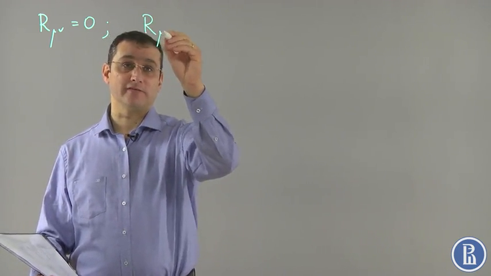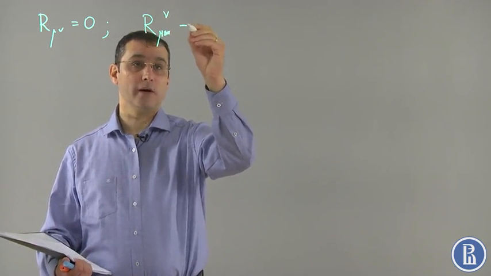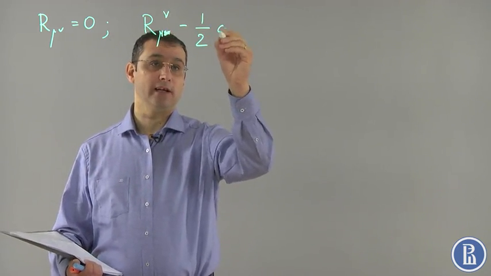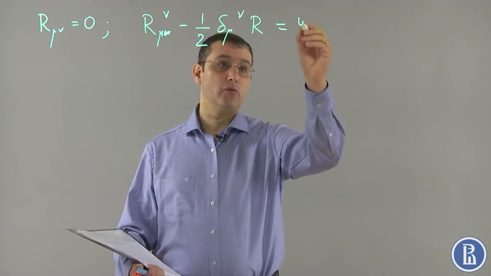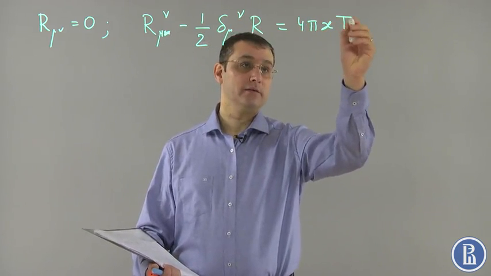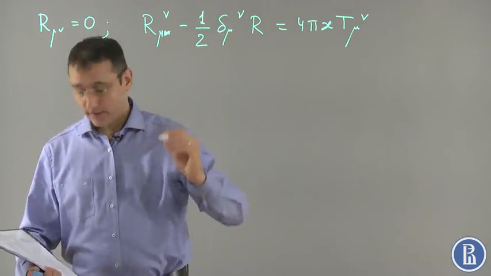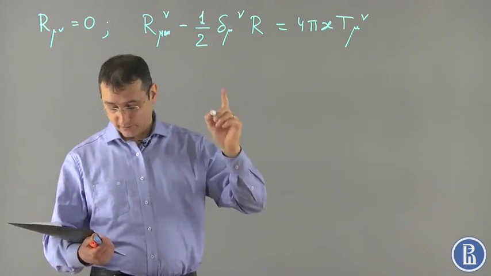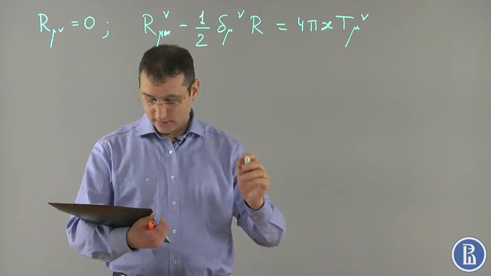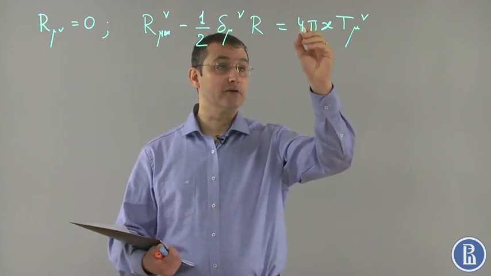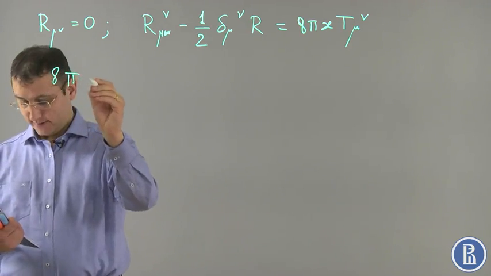So we will write it in this form: R mu nu minus 1/2 delta mu nu R equals 4 pi kappa T mu nu. For the metric under consideration, Einstein equations look like, actually, it should probably be 8 pi. Anyway, so 8 pi kappa